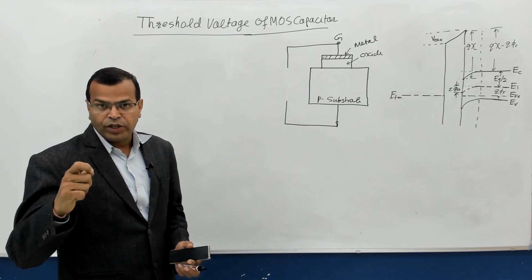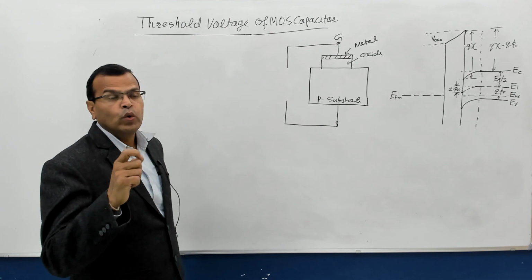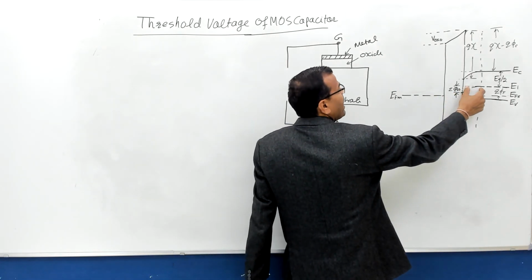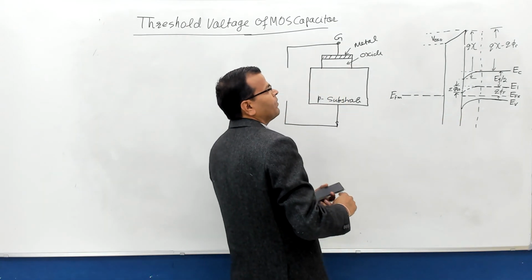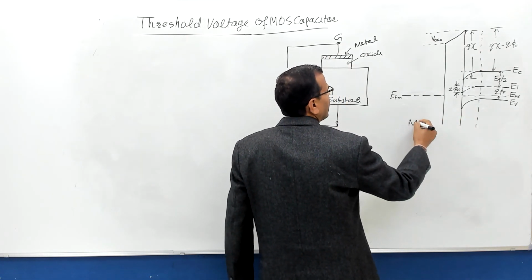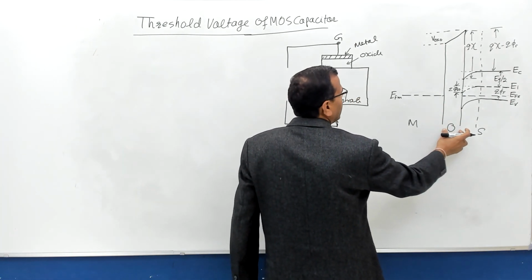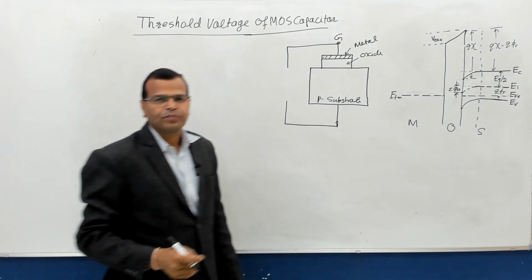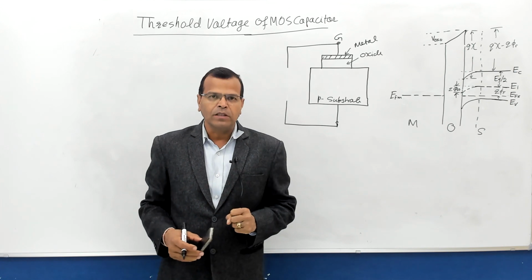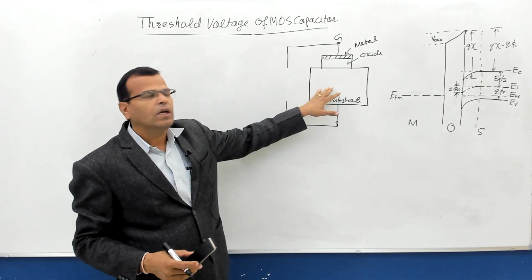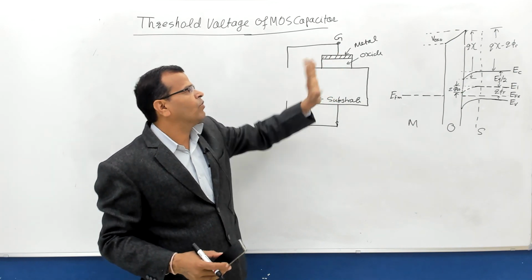The flat band voltage is the voltage required to flatten these bands at the oxide semiconductor interface. This is the energy diagram of the MOS capacitor. This is the metal side, this is oxide, this is semiconductor. In normal MOS capacitors with P substrate, the work function of the P substrate is more than the work function of